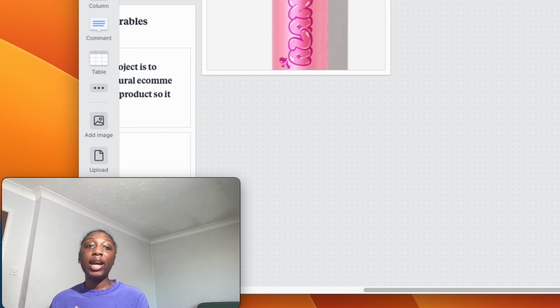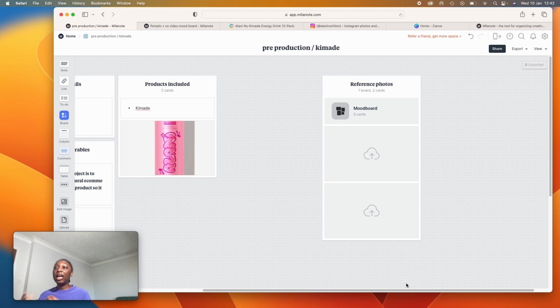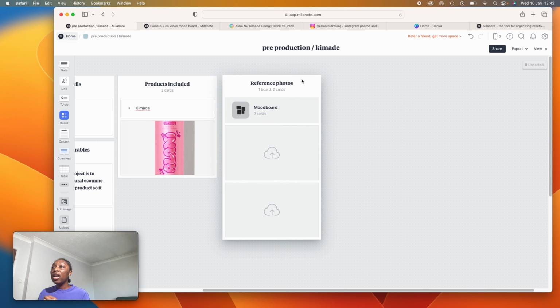Especially if you're hiring out a studio or you're working with models, it's really essential that you have a clear and concise aim or goal that you want to achieve in the production phase. Therefore, everything will be cohesive and flow smoothly. I do also like to leave room and space for creativity, but having a base and a foundation to work